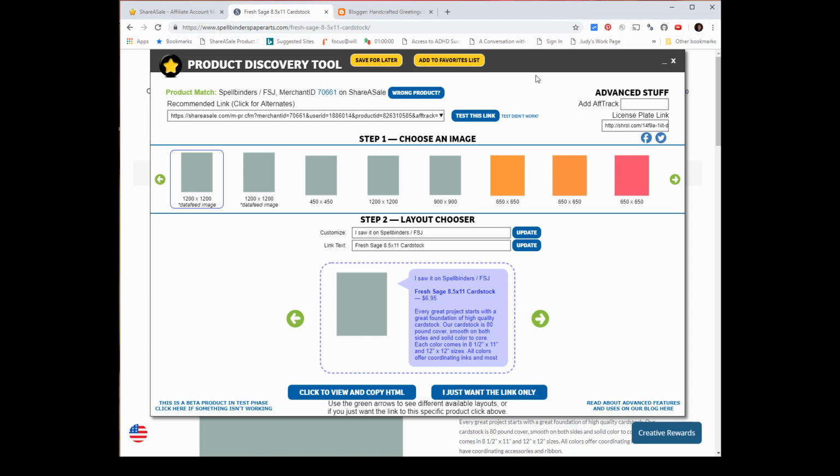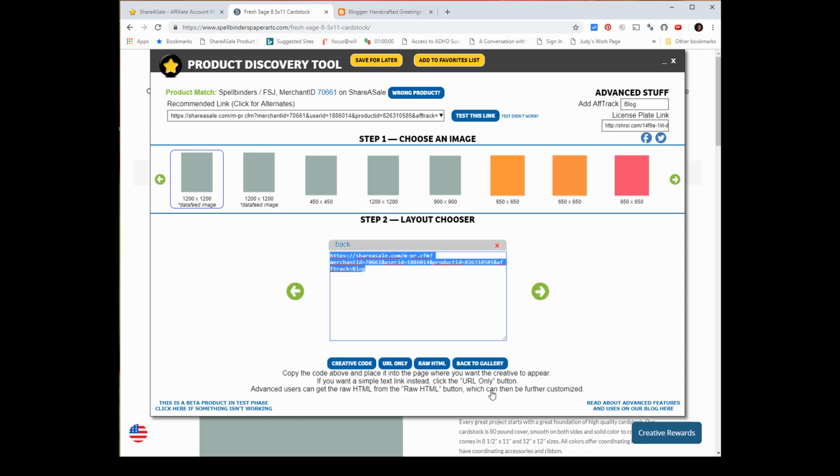Actually, before I do that, I'm going to put an abstract value in here. I'm just going to put blog. So I know if I get a sale from this, I'll know that it came from my blog. And now I'm going to click on I just want the link, and there's the link, so I'm going to copy that,